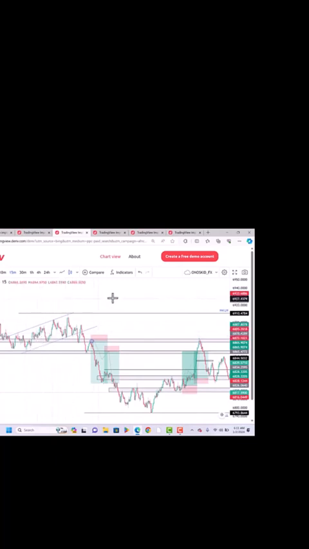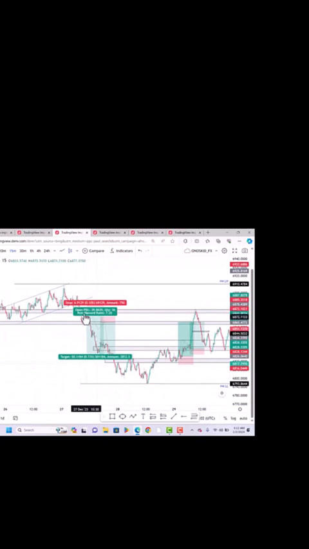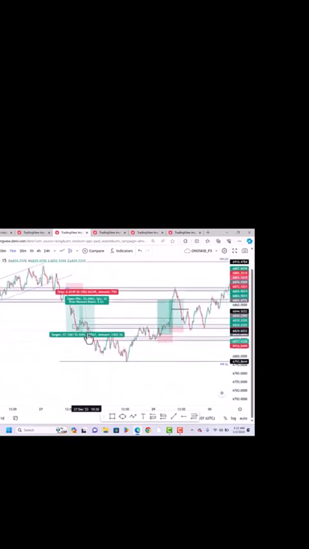There is a video which I've already made regarding flags. So if you don't know what they are or how to trade flags, you should do well to visit it. I took this trade on the breakout and retest of this flag, and then I held it down to this level. Then I realized that there was a change, a transition that happened around here,